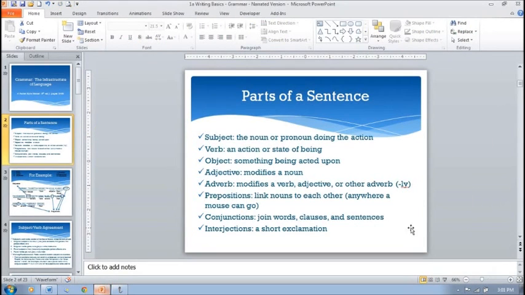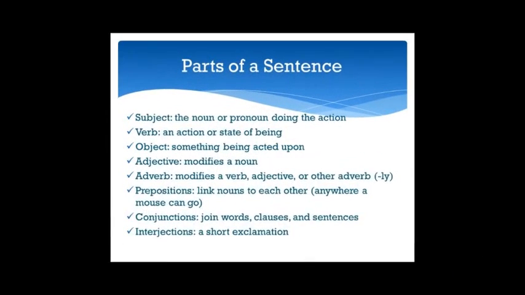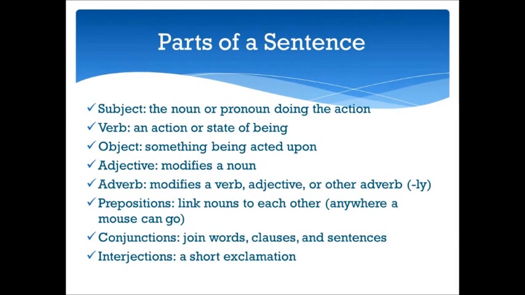We can also add descriptors and modifiers to the words in our sentence, and those frequently take the form of adjectives and adverbs. The difference between them is that adjectives only modify nouns. That's their only job. That's the only thing that they do. Adverbs, on the other hand, modify verbs, adjectives, or other adverbs. Frequently, and this is why I noted this in the presentation here, adverbs end in ly. So when we say words like quickly, or slowly, or softly, those are all adverbs that would modify verbs, adjectives,